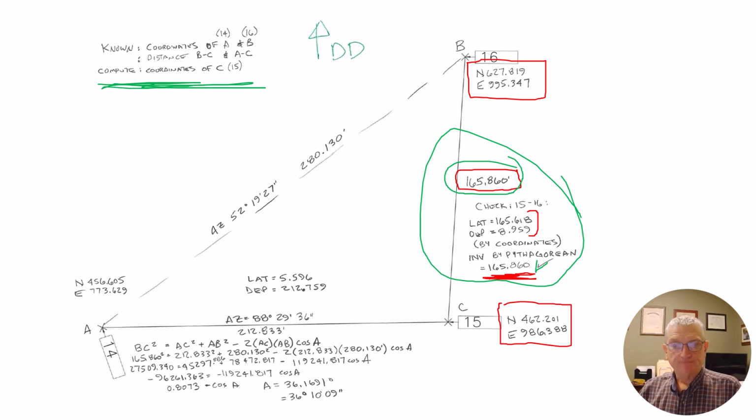And it's not impossible, it's not rocket science. This is what your tablet or data collector or desktop computer does when you feed in surveying software. You know A and B are 14 and 16 in this instance, and you know the distances, and you'll need to solve for this. Now, there is another